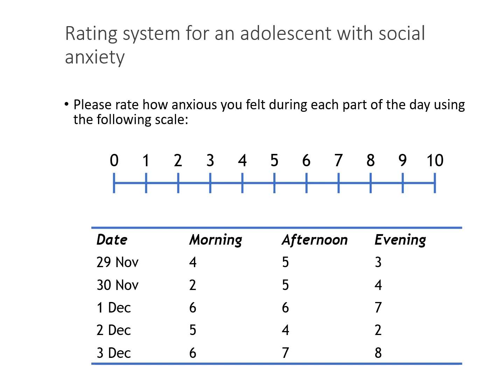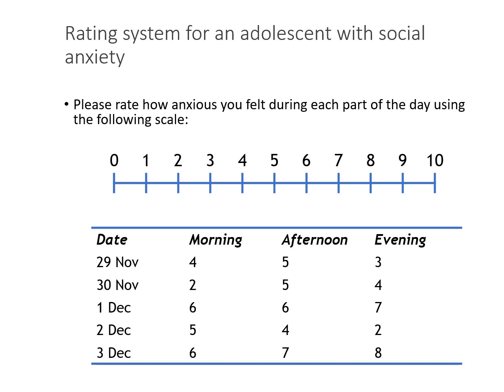And this is a simple rating system for a teen with social anxiety. And this is about thinking about gathering evidence, gathering the facts, gathering what's really going on. So we're thinking about what was happening to you at each time during these days and rating yourself on a scale of 0 to 10 as to how anxious you felt. And then, of course, what we would do when we're talking to the child is think about what was different then, what was going on, why was it increased at that point, what lesson were you in, who were you sitting next to, what was the activity like, why were you more anxious about that? So that we can then begin to think about ways of actually ensuring that that child helps themselves, but there's also help by those who can help them to manage more effectively at those more stressful points in each of their school day.